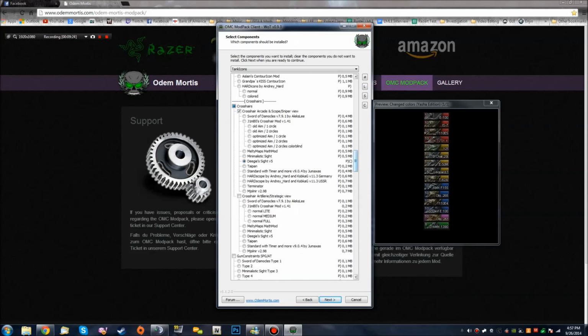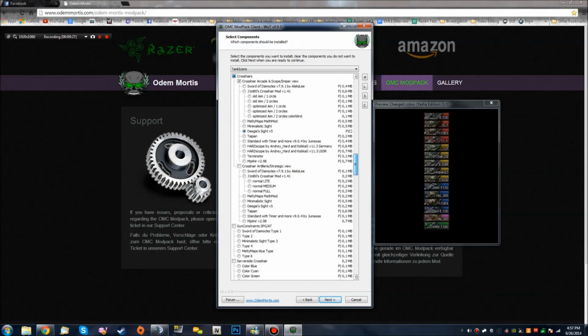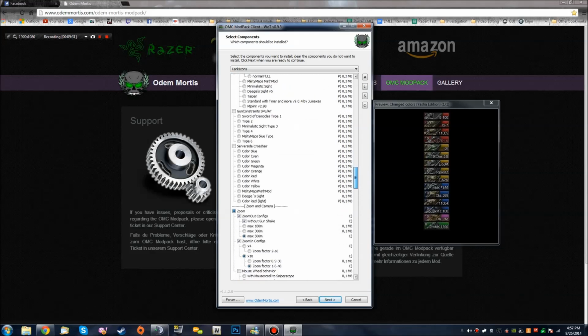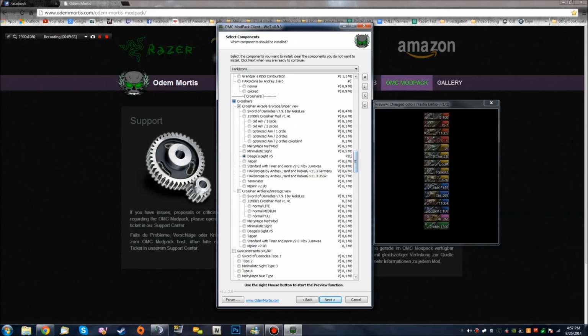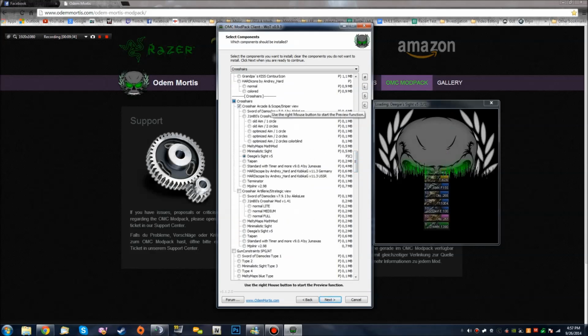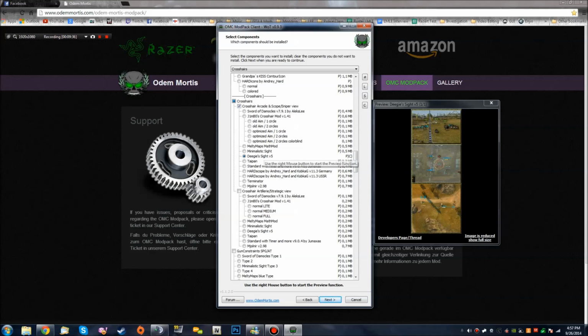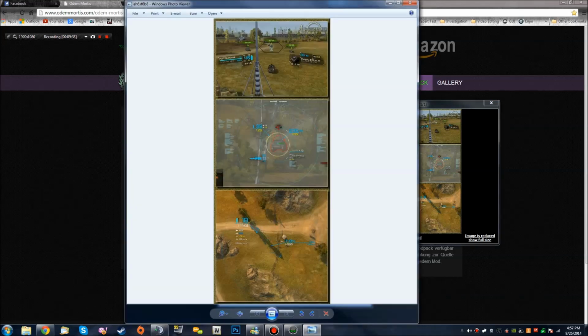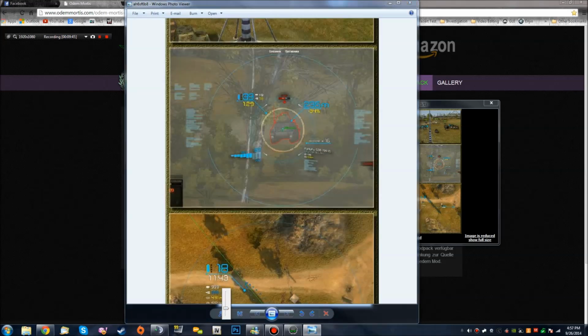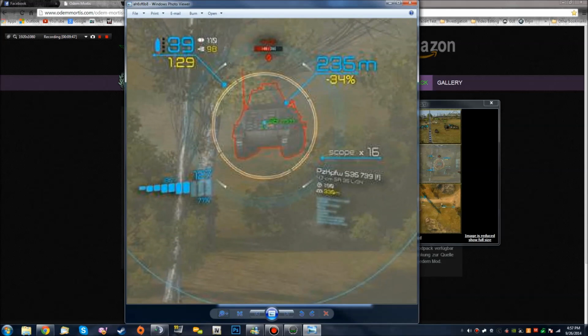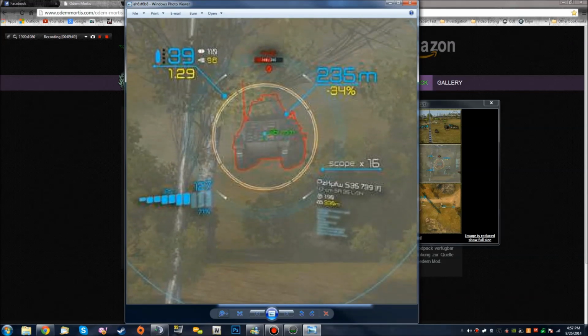There are so many crosshairs out, depending how many tanks you drive. There's tons of different ones you can do. I mean, look at all. There's tons on there. I just used the DG's site version 5. This one I like because it gives you the distance to the vehicle. It gives you your scope zoom. It gives you how much